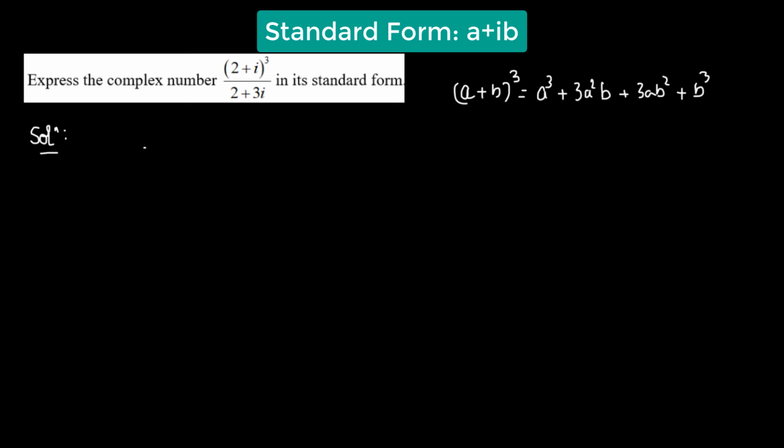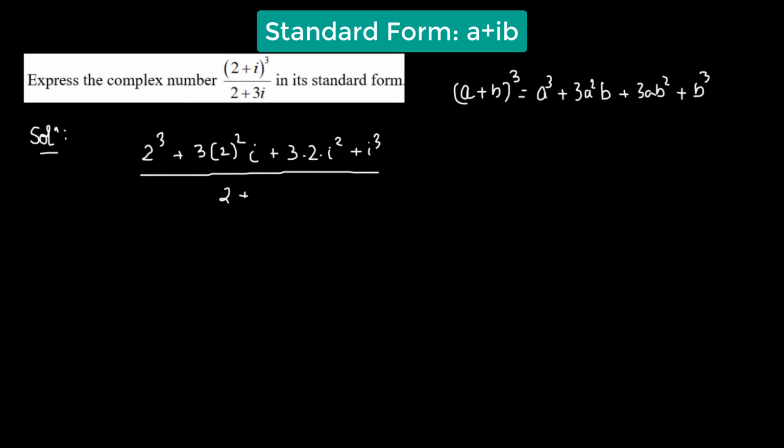So that gives us 2 cubed plus 3 times 2 squared times i plus 3 times 2 times i squared plus i cubed, divided by